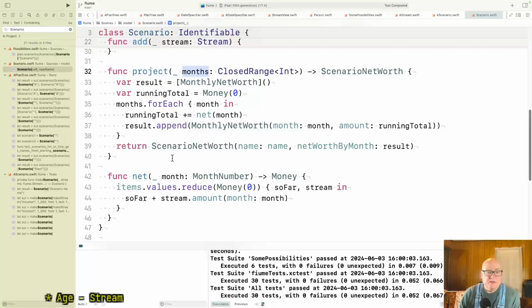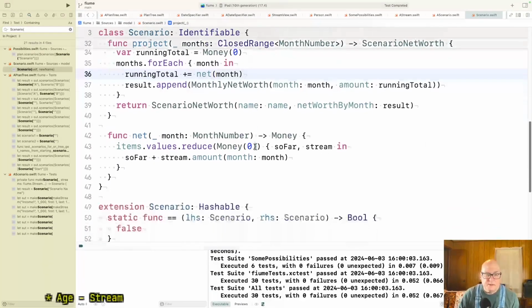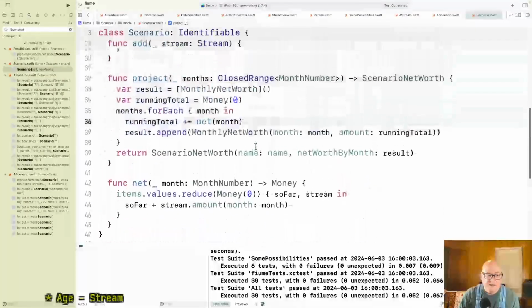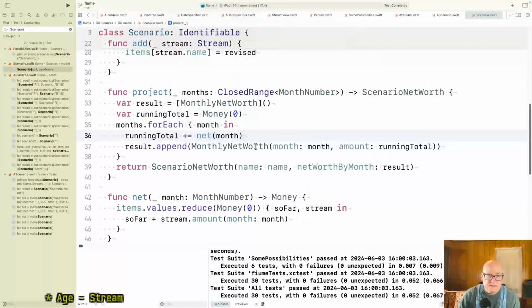Yeah, so I guess we want to look at everybody who's passing in month numbers. Closed range of int. Months. Month. Well, this is really a month number. Okay, so project needs it.